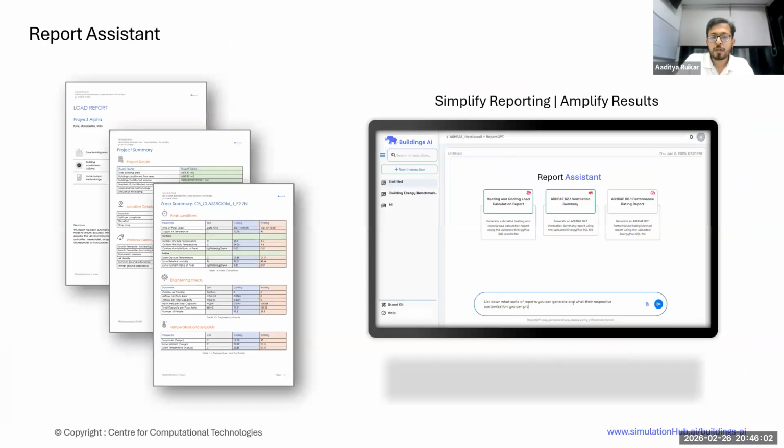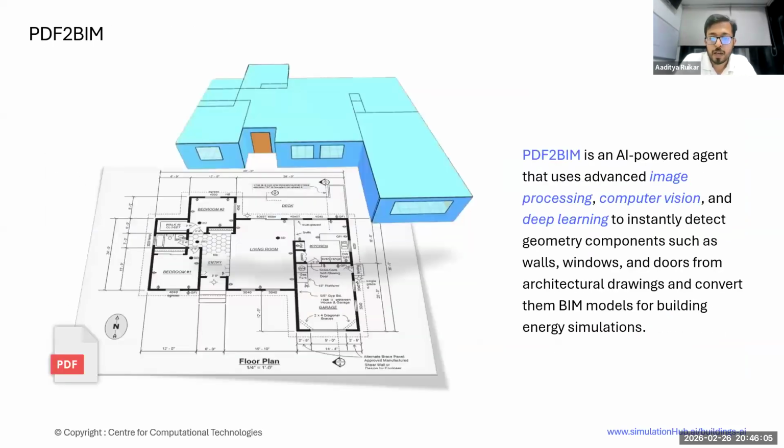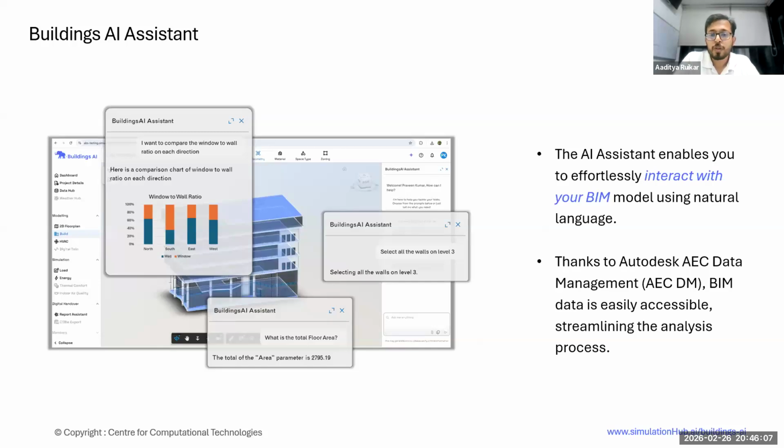How it helps is, if you are unsure about the material of your building, or which material you should use to make your building sustainable, you can directly go and ask the building AI assistant: my project is at this location, I'm in this climate zone, which material should I use? It can suggest materials, and even with your permission, it can directly assign them to those envelope components.